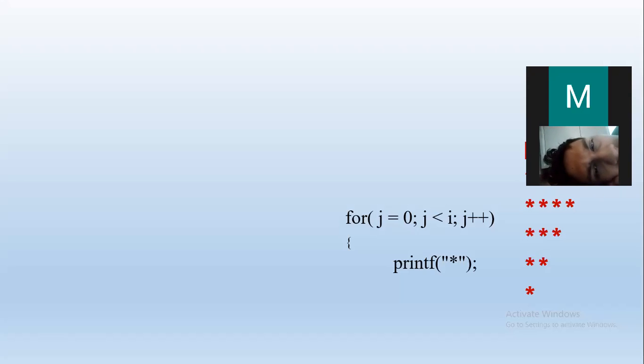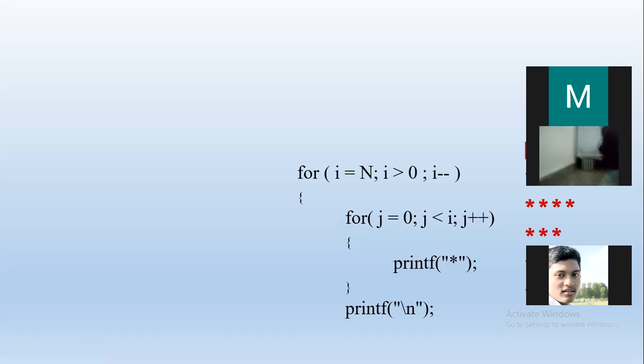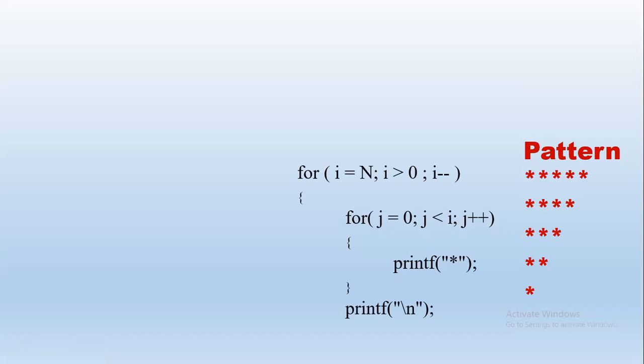Every time we print 1 star, so in the first row we will get 5 stars, right? So the first row has 5 stars, which we got from the first implementation. Now i has to start from 5, right? Because pattern 1 has 5 stars, i starts from 5. Depending on the value of i, we have the value of j. So let us see what happens now. i starts from 5, and we are going to decrement because the number of values decrements.